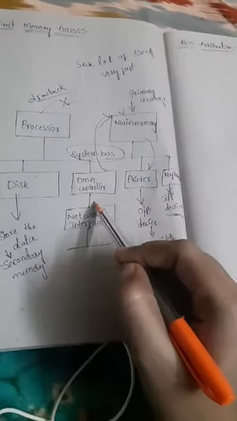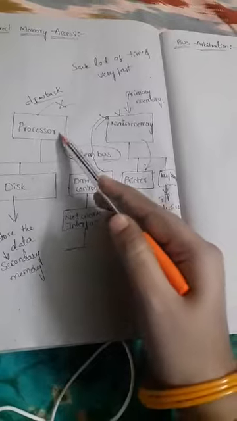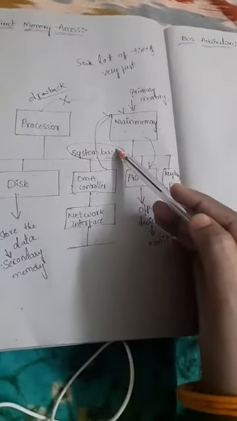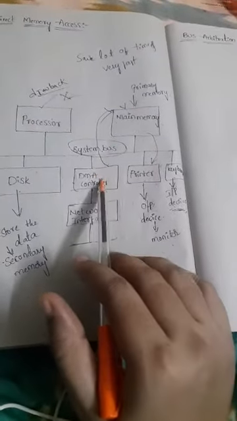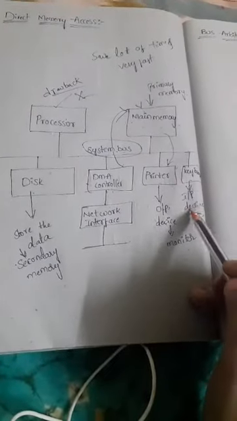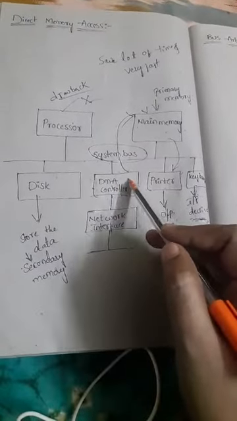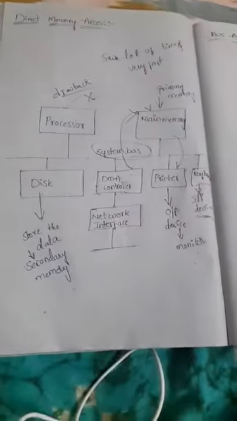The processor is available in the computer, but it has given the responsibility to the DMA controller to look after all these works. So when an input device wants to store data, that request is actually sent to the DMA controller, and the DMA controller deals directly with the main memory.